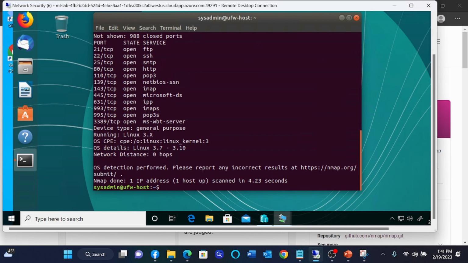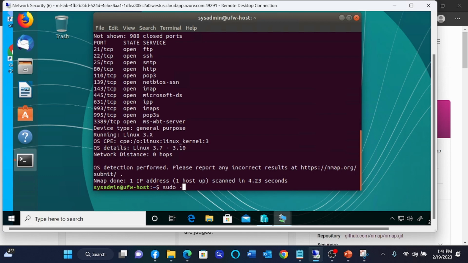So this one can be used to check the operating system, and here you can see it says CPU, Linux kernel, and all the information, Linux 3.7. So this command can, and then there is also an earlier command which I showed, which is